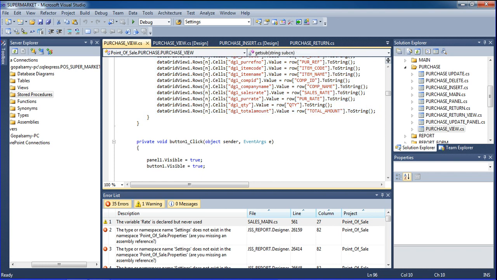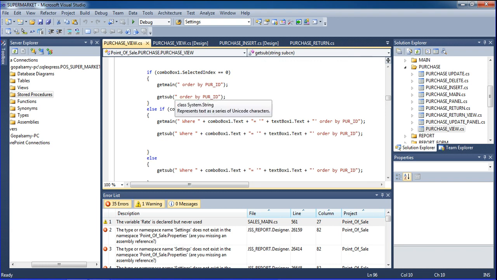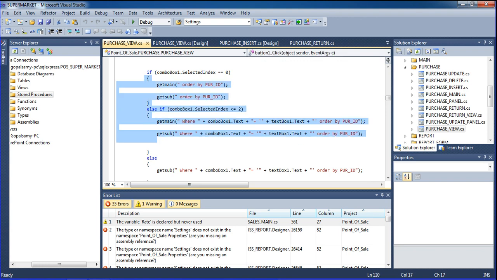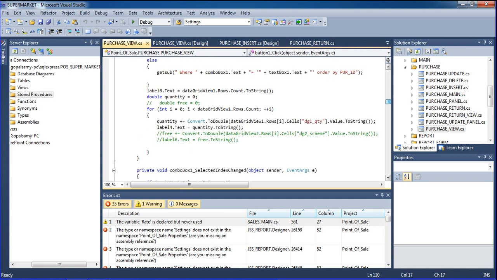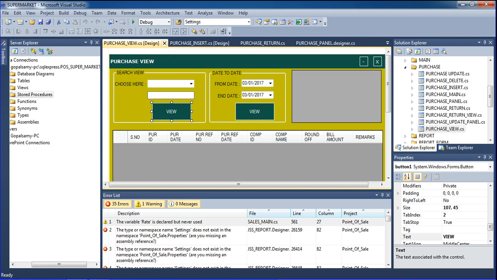So what we need is get main. There I declare get main, and every place get main, and then get sub means just declare that get sub. Very simple concept. So I close it, and this one also I closed it.